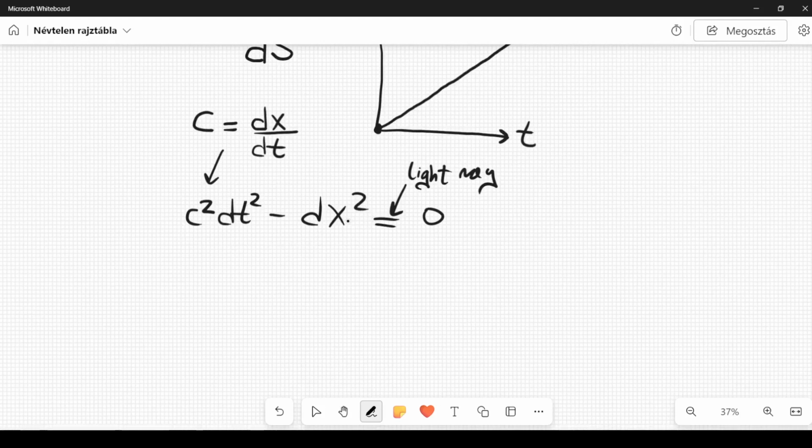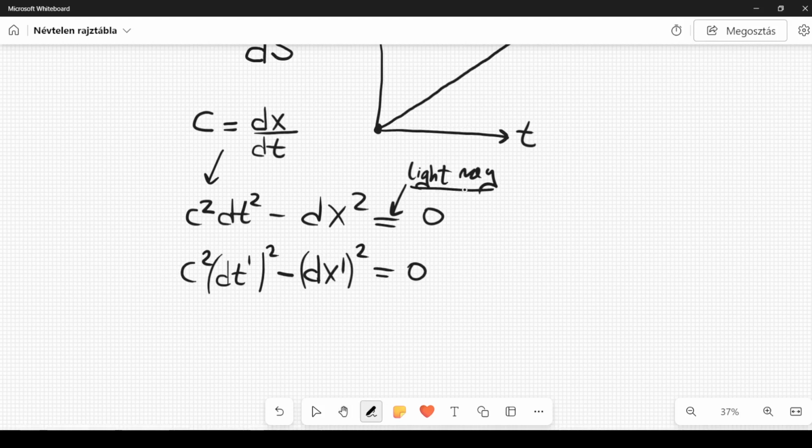But for example, if we take another frame of reference in which we label the variable of time as t prime, we have dt prime squared multiplied by c squared, and then we subtract the dimension of length, dx prime squared, and this is still equal to 0 for a light ray. You can call this the equation of the light ray, quote-unquote. And if you change coordinates,